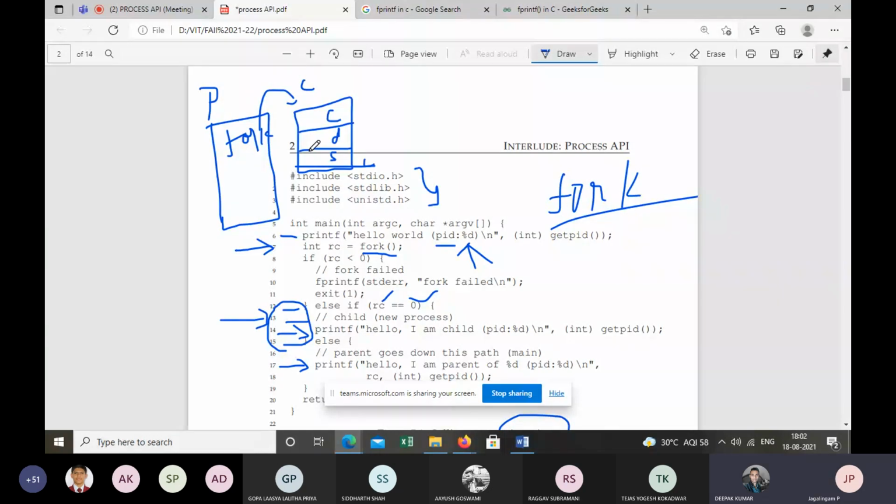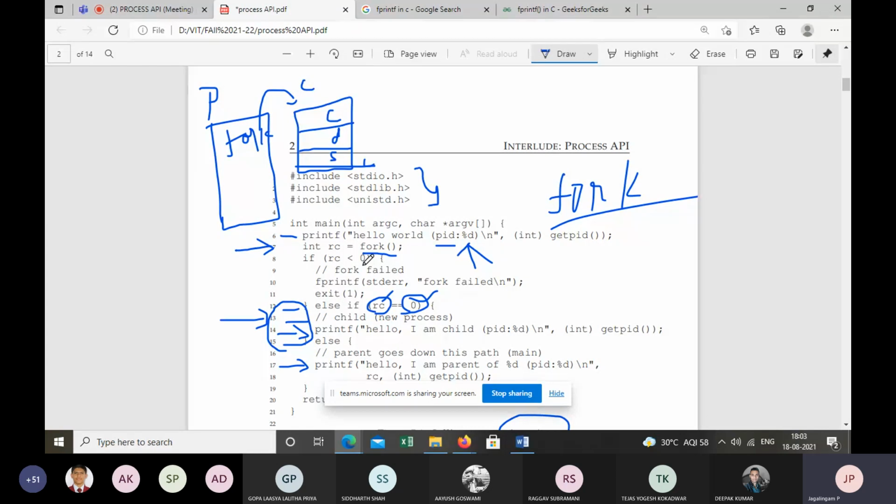Yeah, good. Now, when we make a fork, the child is created. The child will have an exact copy of the parent, but the child will execute only lines 12, 13, 14, and 15, because the operating system understands the child has a different return value, RC equal to 0. That means the code belongs to the child.